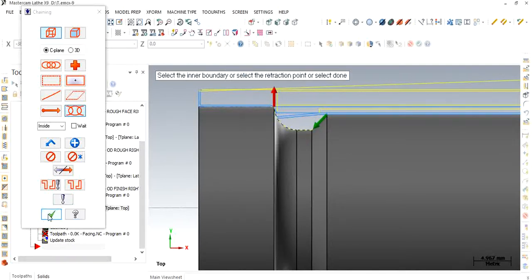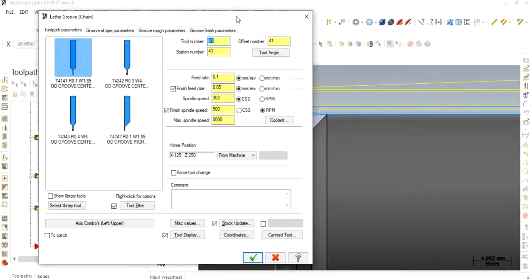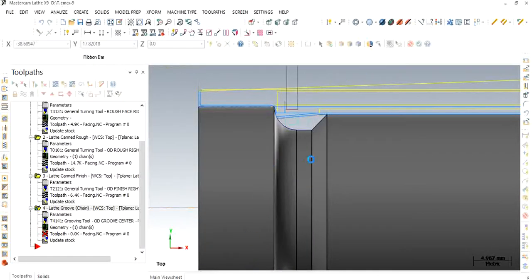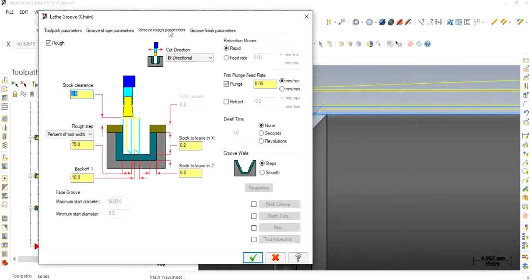Then after selecting the tool entry point and tool exit point, you have to select the appropriate tool again. Select this tool. You can also select center narrow and then just say OK. If you want to edit some parameters of this operation, lathe groove, click on parameters and change the parameters.